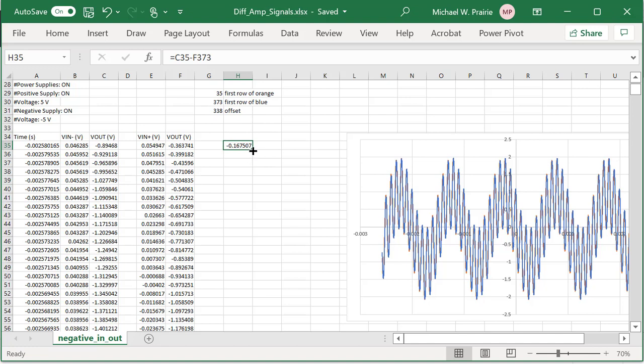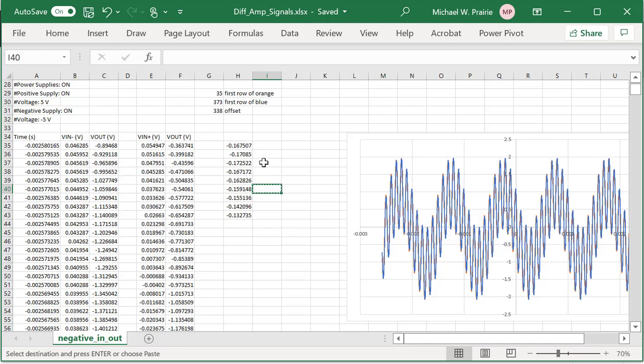Now what I'm going to do is grab this corner here. I'm going to copy this cell. So what I could do is just hit copy, Control C, and you see the dotted line animates there. And then I can highlight an area and paste it. And the same formula is going to go in there. If I undo that,